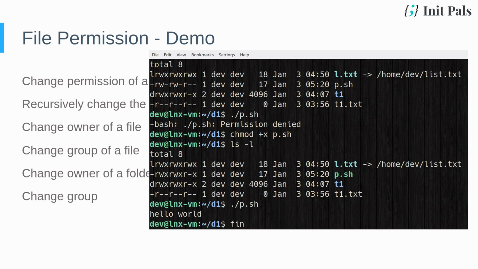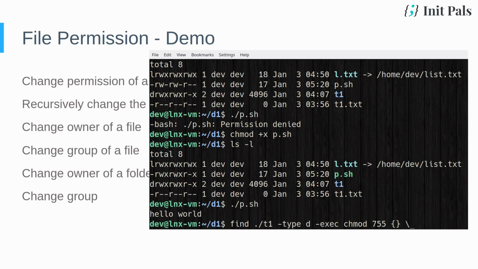Let's say find, and assume that I have to set the permission for the T1 folder. Then T1, then -type d for all directories, and you can execute chmod with the permission